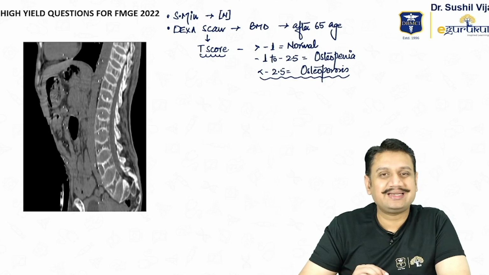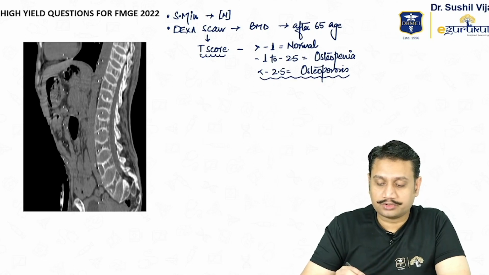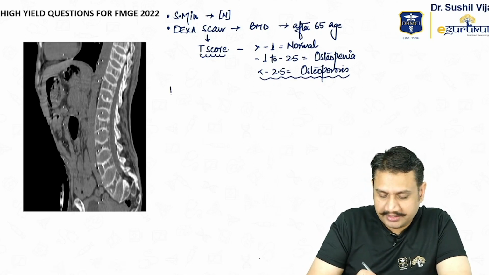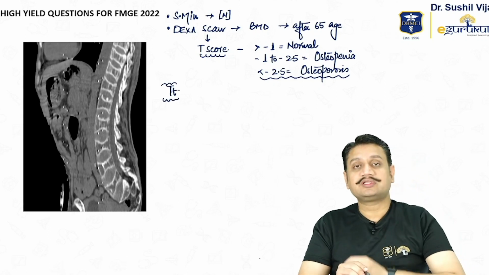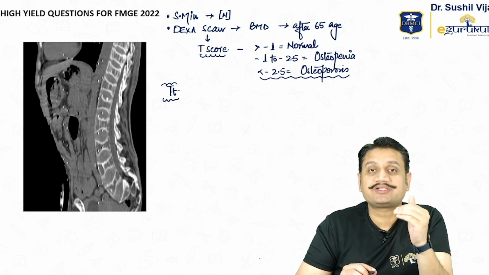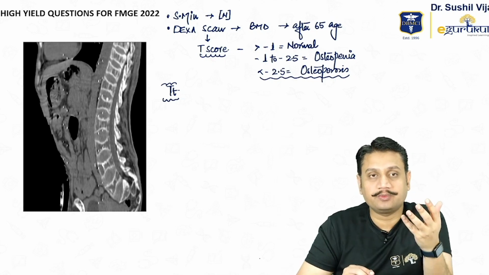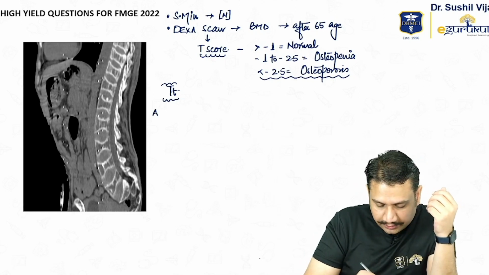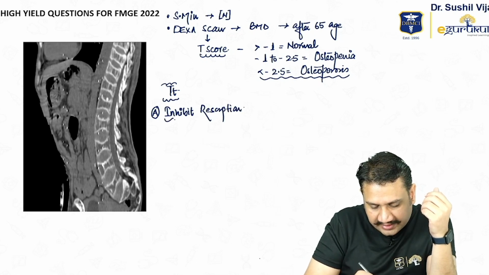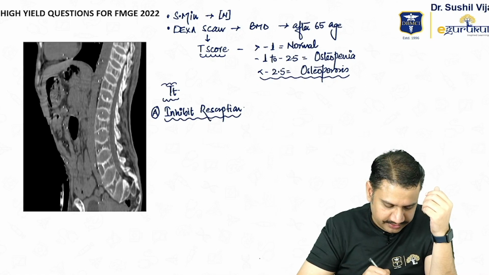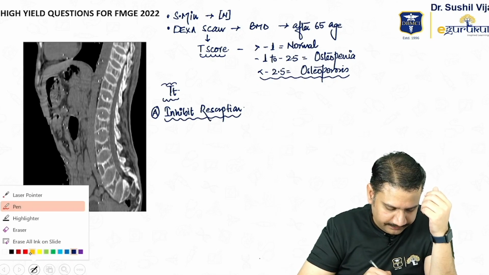Okay. So how do we treat osteoporosis? That also you should know. So for osteoporosis treatment, you have to give a combination therapy together, which will not allow further resorption of the bone, as well as help in increasing the formation of the bone. So category number 1 is the drugs which inhibit resorption. What are the drugs which will inhibit resorption of the bone? The drugs which inhibit resorption of the bone, they are,